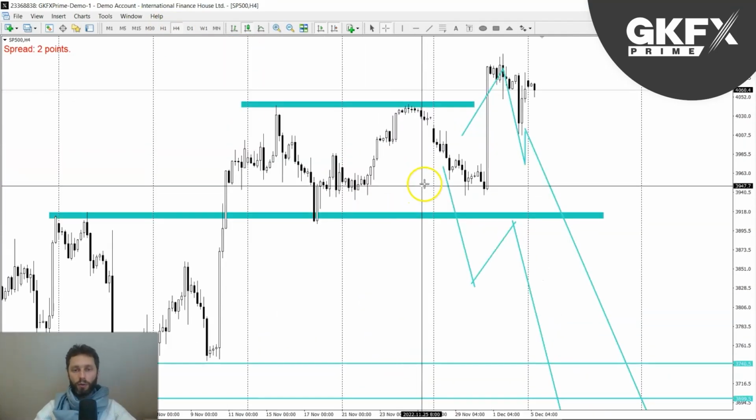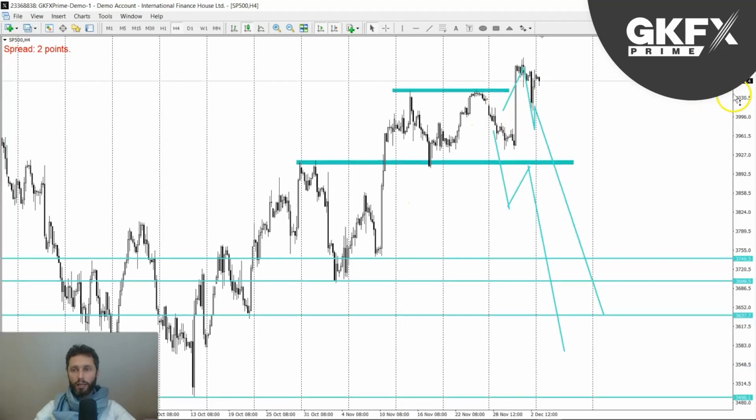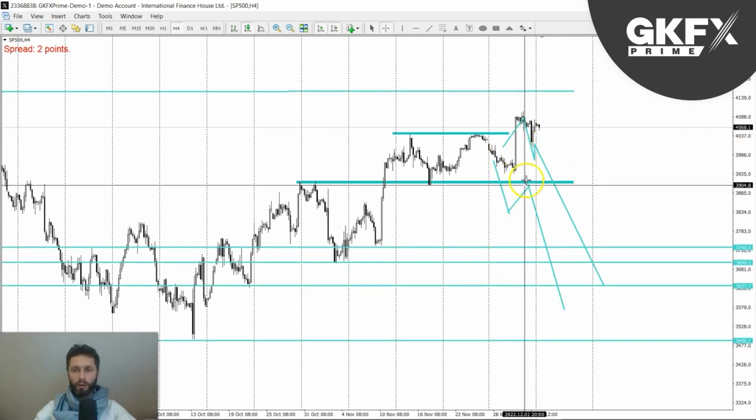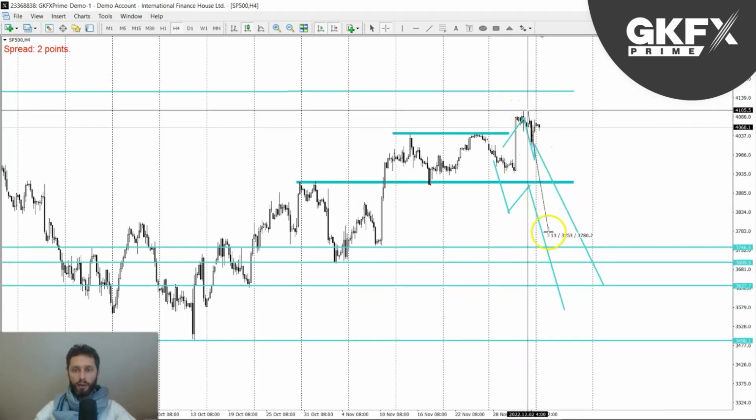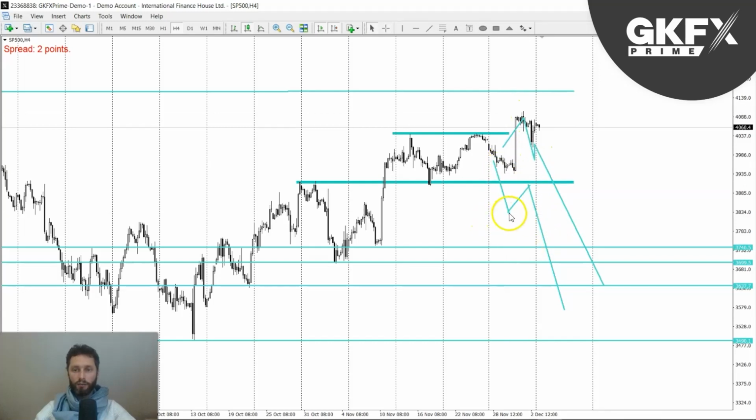Looking on the 4 hour, I was looking for that push higher rather than the push lower, and then a reversal forming. So we didn't have that move lower. Let me just remove this. We had the push higher. That was the scenario. So now that we have had that,